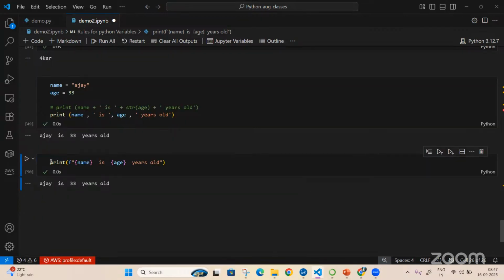Now, this is called printing using an F string. F string means you are formatting your print statement. Whatever you put in curly brackets are variables that are already defined. So I'll put those in curly brackets and write my normal statement as it is. Now, whenever you execute, since you have put an f before your code and you are saying I'm formatting it, the name and the age, whatever variables are defined, come from here. Now you can directly print your words. Are you good with this? Yes, sir.